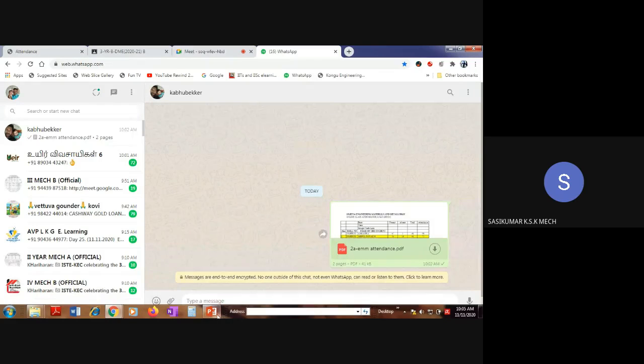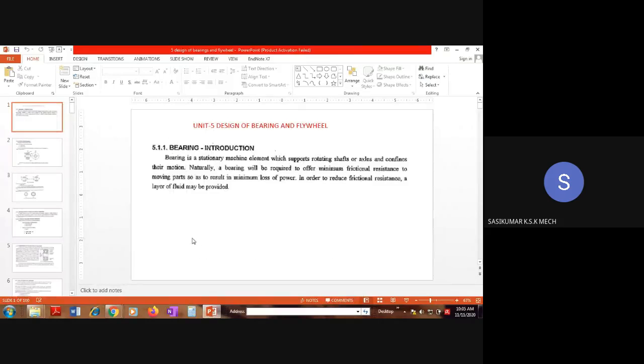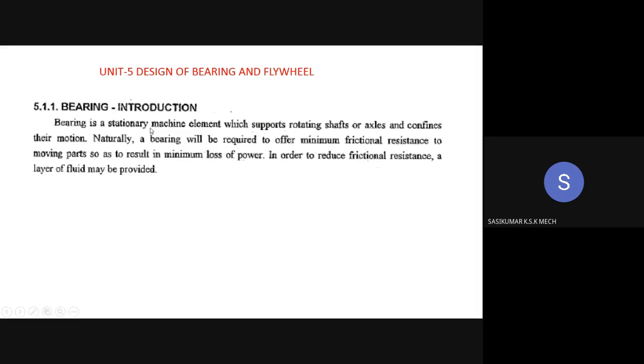Bearings have application in all places, like IC engines, turbines, and in our home appliances such as fans. Wherever you have a moving element, you need to have a bearing. It may be small in size or bigger in size. In turbines you have bigger bearings, whereas in small applications like toys, you have tiny bearings as well.